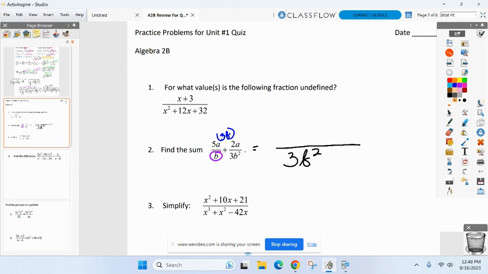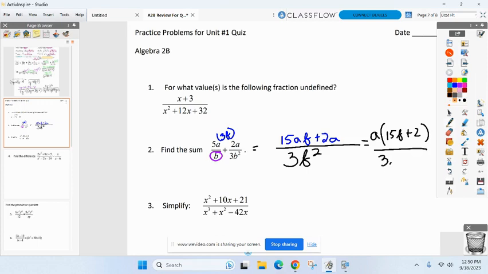So now I have 15ab right there. Is there anything I need to multiply that second denominator by? Nope. So I'm just going to leave it as 2a. And you guys aren't going to stop here tomorrow, right? What can I still take out of both sides? Not both sides, on top. I can take out an a. And I'm left with 15b plus 2